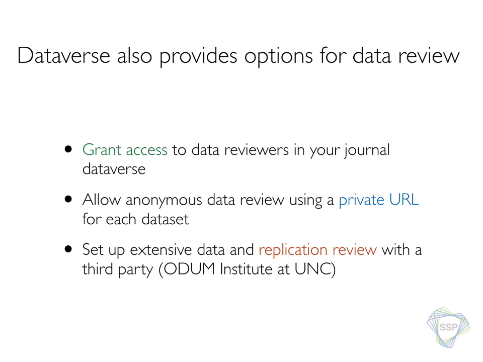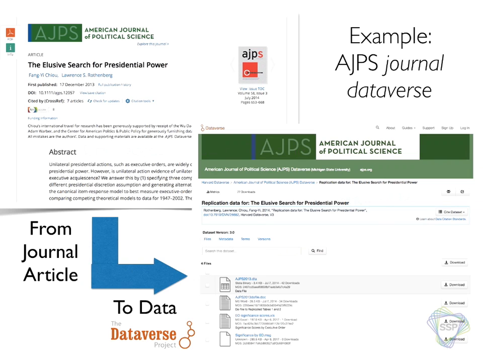And a third way, which is a much more extensive review and is done only for a few journals, at least that we know, is a full replication review. The data files and the code files go into a data set in Dataverse, and the journal uses a third party to review that all the code works with the data, and that it replicates all the figures and all the results in the paper. I will show in a moment an example of that.